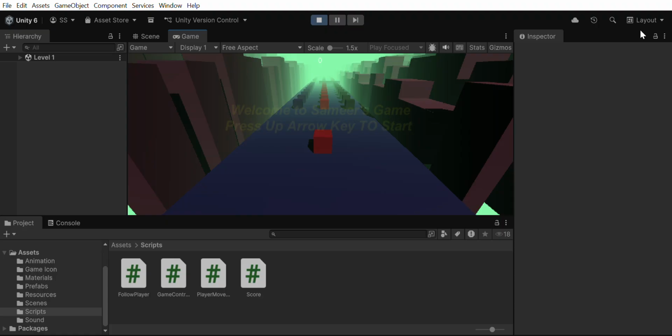Hello everyone, my name is Sorte and I am going to present my Unity 3D game project called Cube Runner. Cube Runner is a simple yet engaging endless runner game developed using the Unity game engine and C# scripting. In this project, I worked on different aspects of game development, from coding player movement to designing obstacles, handling collision